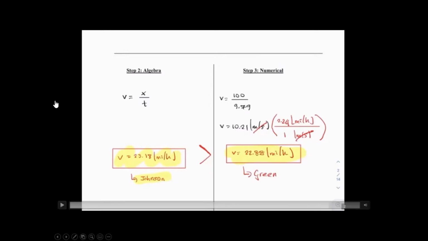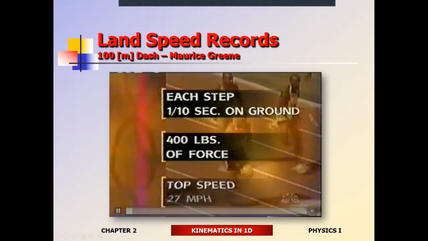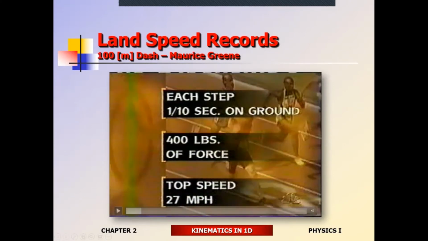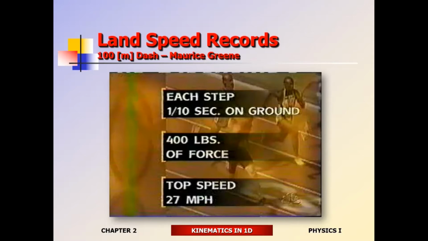That's it. And then, in order to make matters more complicated, NBC News comes up and says, hey, Green's top speed was 27 miles per hour. When he was running 100 meters, his top speed was 27 miles per hour. So his top speed, measured speed is 27. And all of a sudden somebody says, yeah, you know, but the Green's top speed was like 27 miles per hour. So obviously it's faster than Johnson, whose calculated speed is 23 miles per hour, right? And life gets really complicated.